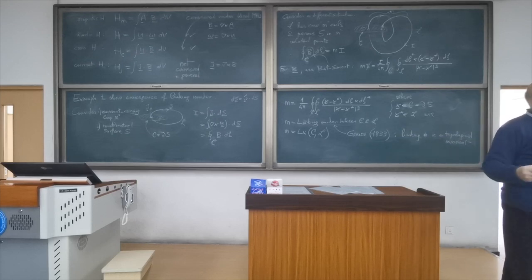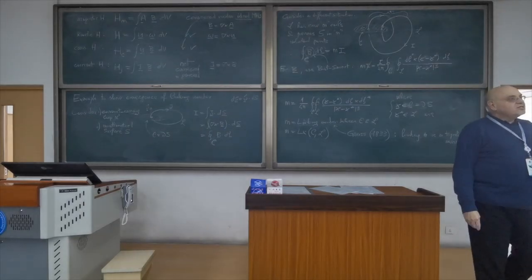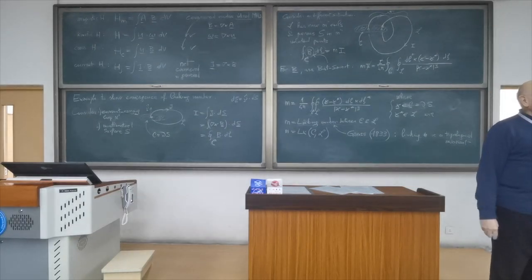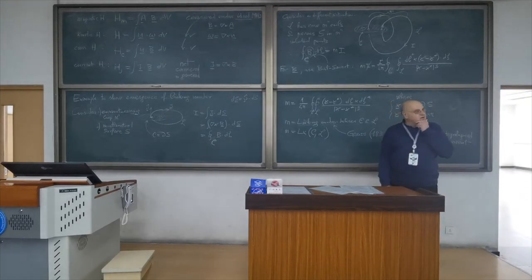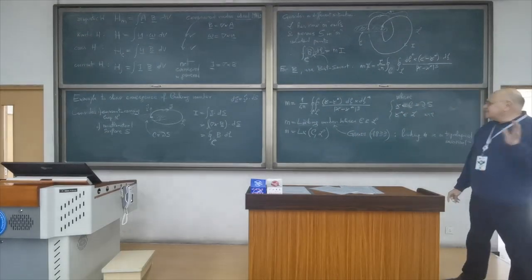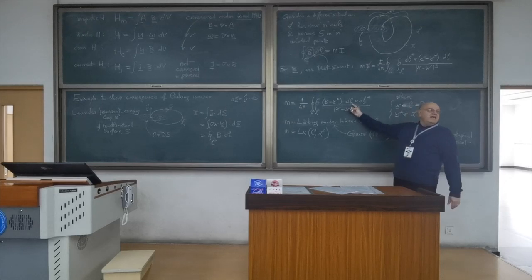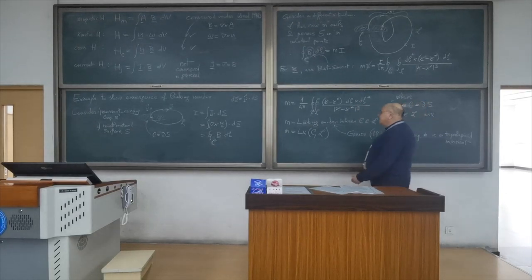So Maxwell was very excited when he knew about the statement of Gauss. You know, Gauss, great mathematician, he stated that this is a topological invariant. So Maxwell wanted to prove it, and indeed he proved it. So it is a very remarkable thing. Now, you see, this formula is pretty complicated. And this is an element of length, this is another element of length. If you interpret, this is a cross product,